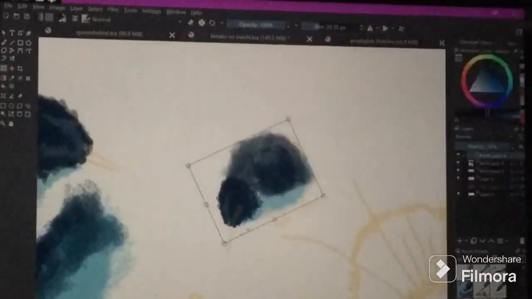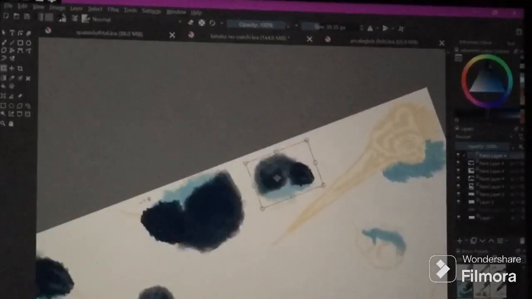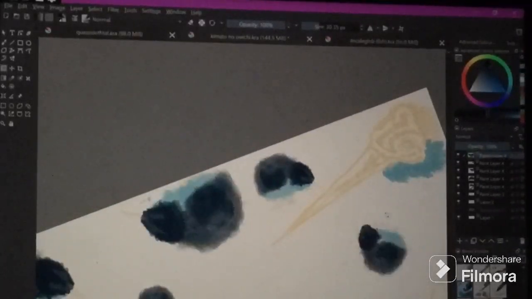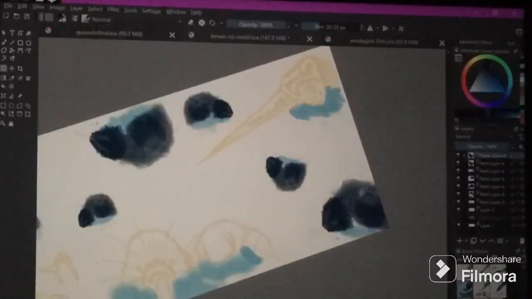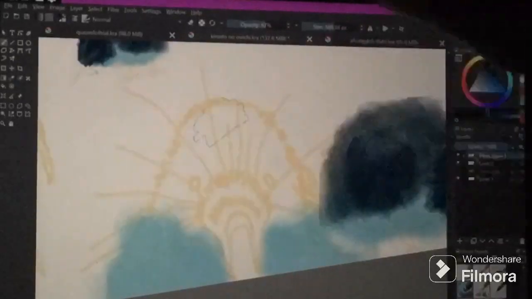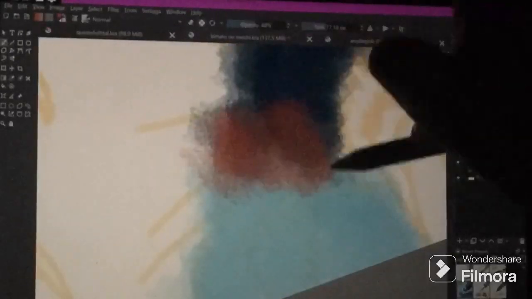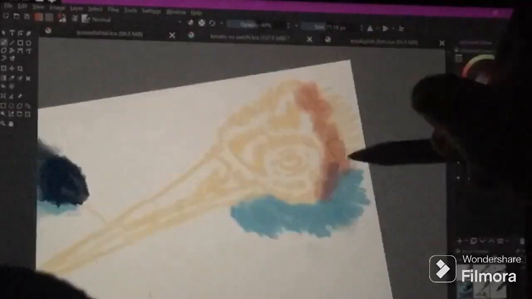Now, as you can see here, I am once again using the transform tool to actually copy and paste and also move these around, because I've got a bunch of identical ones I've copy and pasted, and that's a key thing for this dragon. You also may notice that this looks like I've used different colour tones. I actually haven't. All I've done is lowered and raised the opacity of the brush to give it that